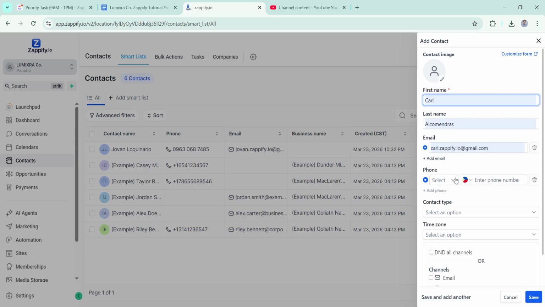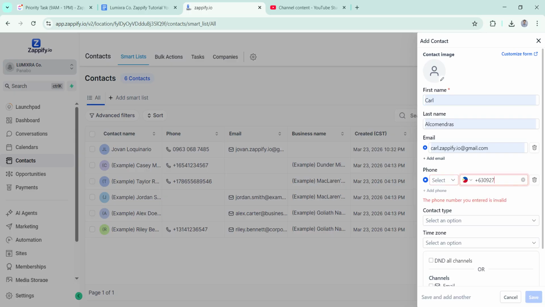the name, then my phone number, contact type.